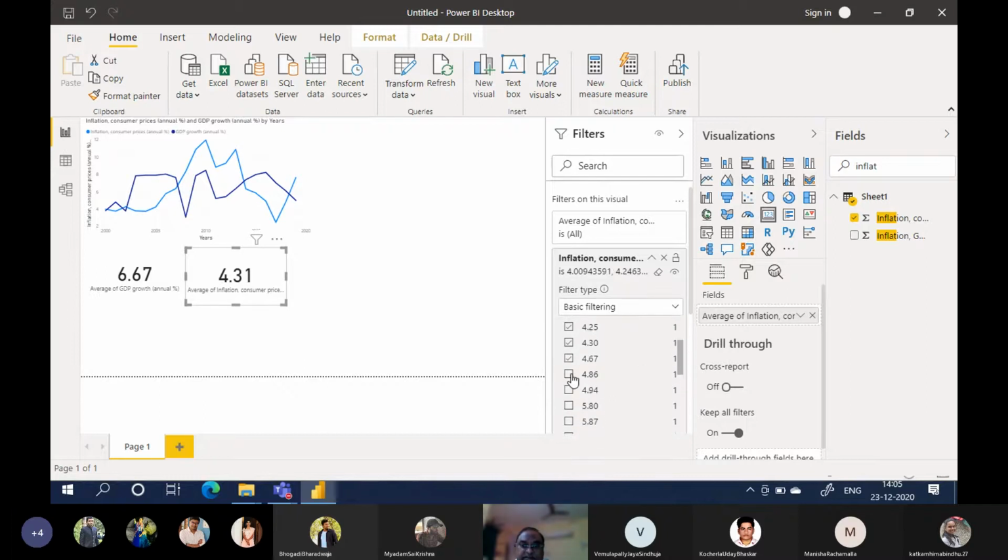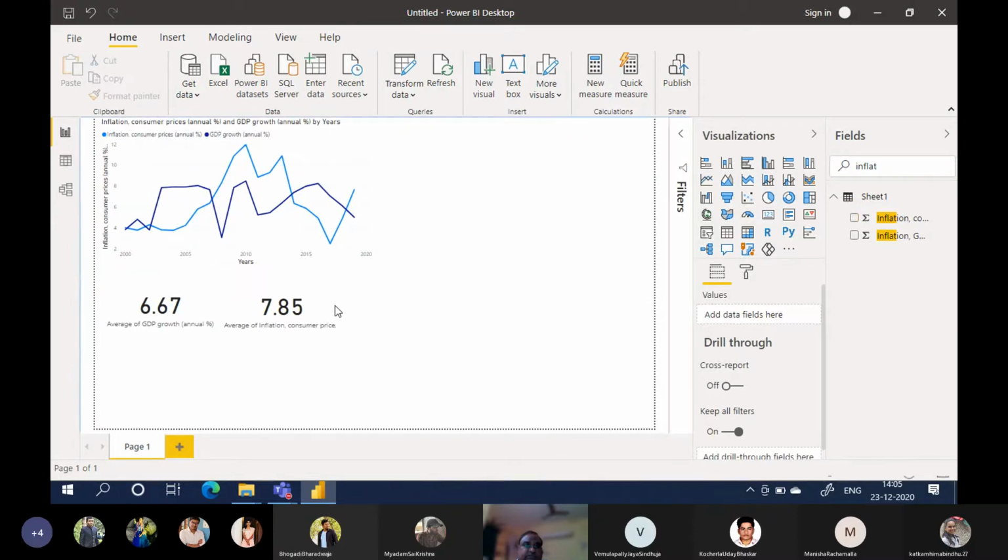Then the adjustment of the average will automatically happen. See, 7.85 is our average consumer inflation, consumer prices, in the last 20 years.